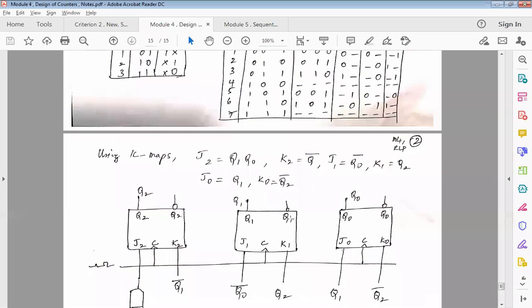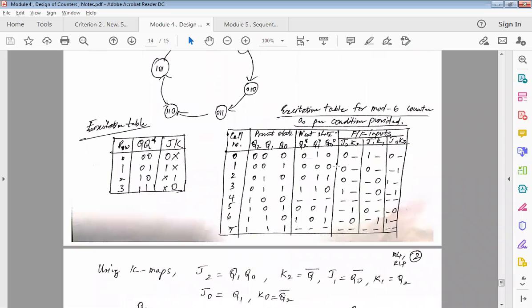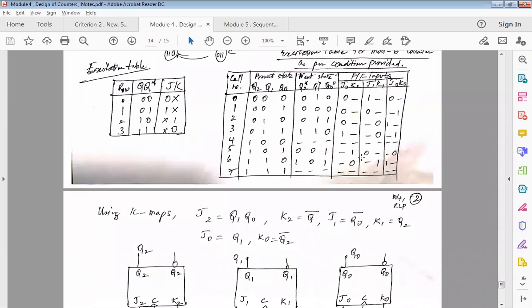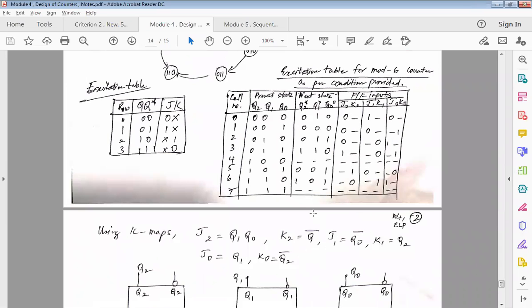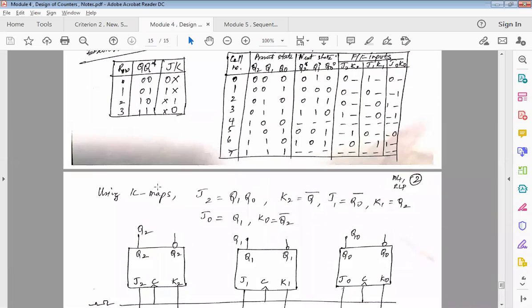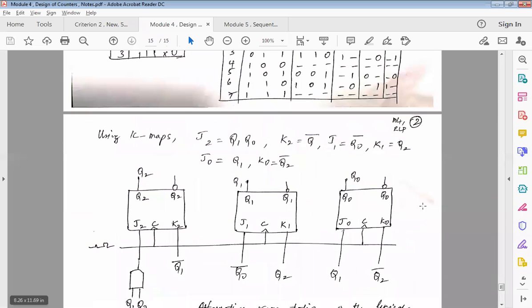More work is going to happen in this tabulation, wherein you have to individually check 0 0 0, 1 0 0, and work out each row and column. Once you are done with this, almost 80% you are done. Get your groupings properly and you will get a proper equation. Most of you, in your internals, solved your problems but did not optimize them. You just gave an equation which is not that optimized. In fact, you could have gone to the next step and got an optimized equation. It's always good to get an optimized equation and then go ahead with your circuit implementation.